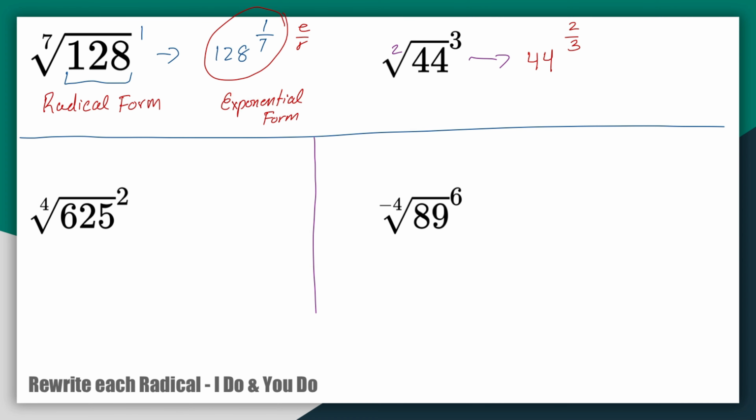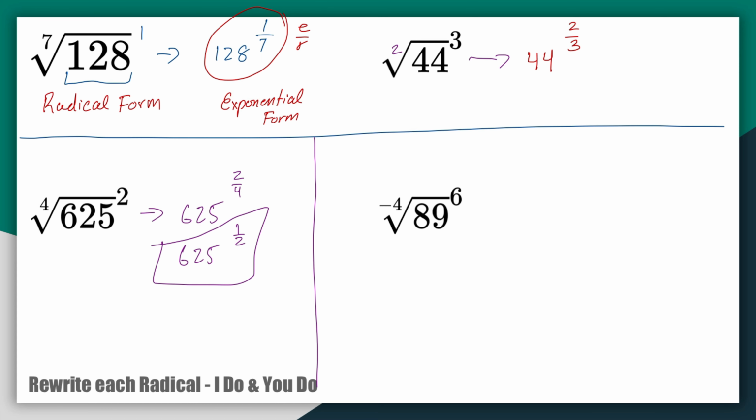Okay, so for Edpuzzle here, I'm going to do these separately, right? We would rewrite this one, 625 to the power of 2 over 4. This would technically be an acceptable answer. Okay, however, if we can simplify that 2 over 4 to be 1/2, which is the same thing as 2 over 4, we should do that, okay? So I would take either of these for now, but we should prioritize the simplified one, okay? Now this one on the right,